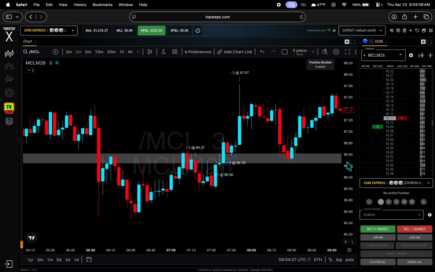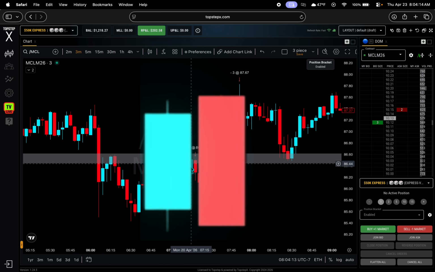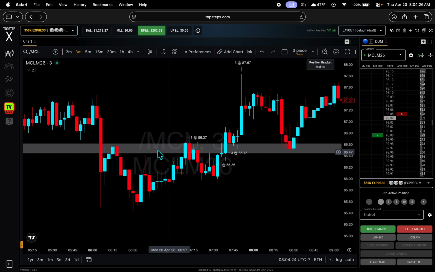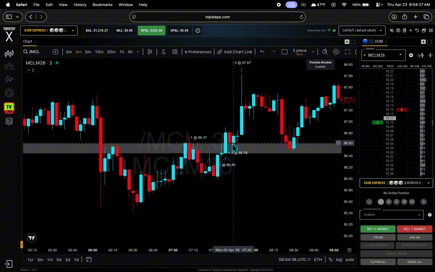If you're new to this channel, I help traders use the very basics to become profitable. I'm talking about just very simple candlesticks. Notice how on my chart there are no fancy indicators. It's very simple support and resistance levels, reading candlesticks to identify the break of structure, which you can see here, which we'll go over in one moment, and entering on the break and retest